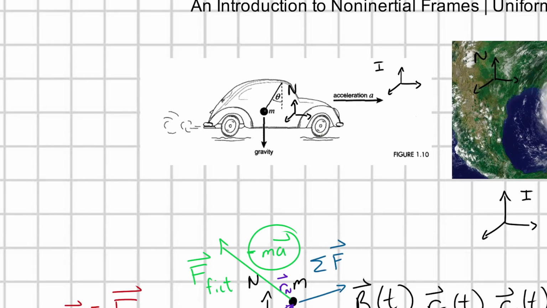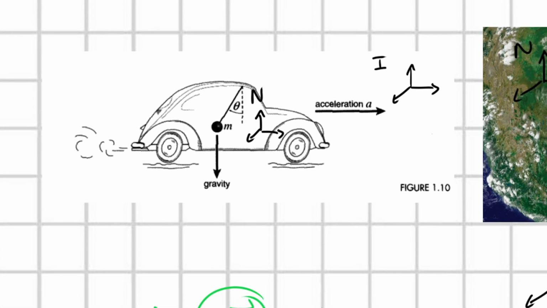Let's go back to the car real quick. So in the I frame, the acceleration is going to point straight to the right. And so if I want to view things in the N frame, what fictitious force do I need to add? I need to add in a fictitious force, which is going to point to the left here, and it's going to have a magnitude of ma. All right, and then from here, we'd be able to go in and identify our other forces, like mg, like tension,